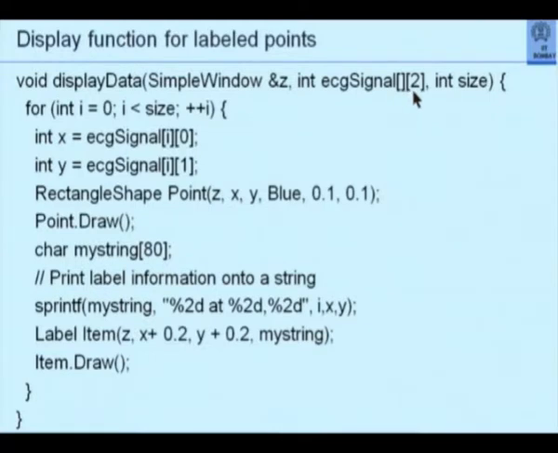Notice the way the parameter is passed. The ECG signal name itself will be a pointer, but when you pass a 2-dimensional array, the exact nature of the 2-dimensional array storage is not known to the called function unless it knows the columns and rows. It so happens that if it knows the number of columns, that is sufficient for it to calculate the pointer addresses, because the storage is always row major.